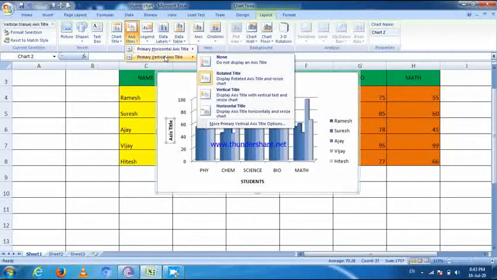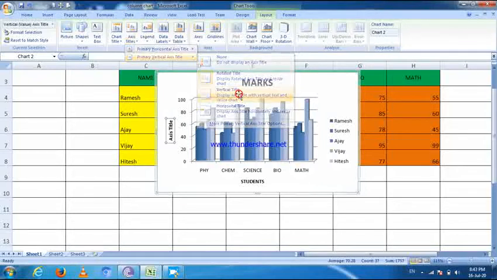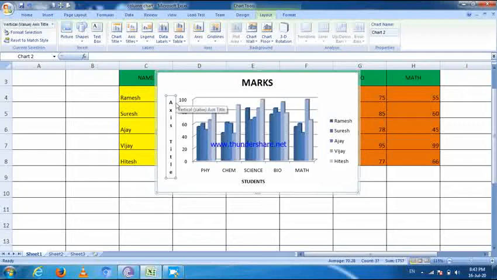Okay, then again click on this primary vertical axis title, click on vertical title. So then you can see this axis title you can type in vertical manner. Okay, then you can type vertically. So that's our name appearing vertically.